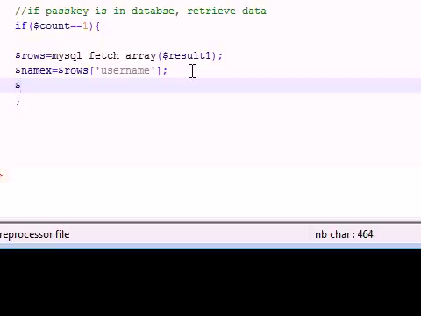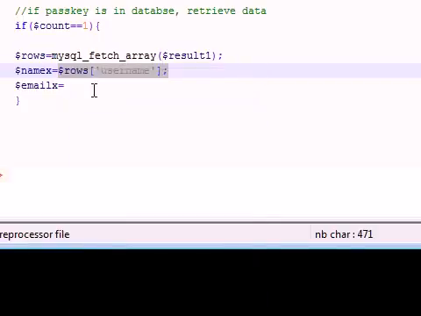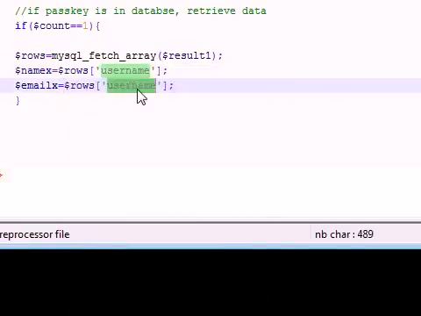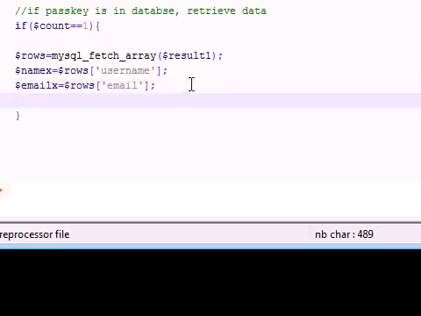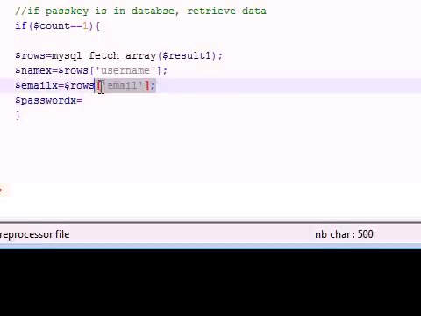The next thing we want to do is get a variable for the email, so I'm going to make a variable called email x, and I'm going to set this, we can just copy this from now, it's really easy. Email, and the last thing we want to do is make a variable called password x, and set that equal to, you guessed it,